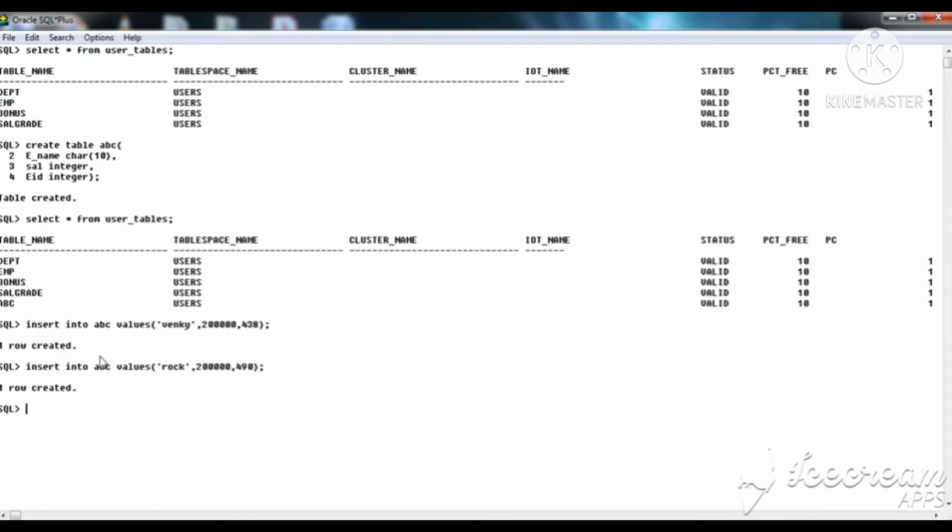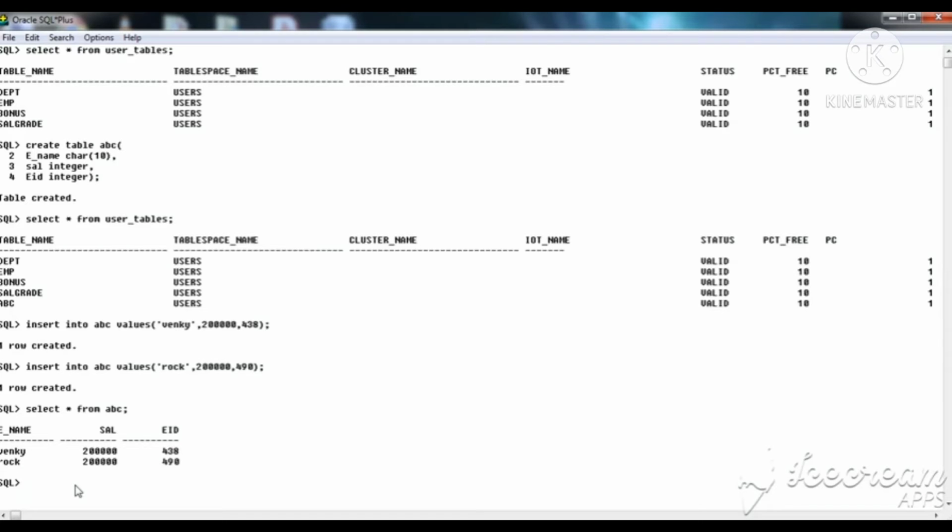Close. Now one more row is created. So I am checking whether the rows are inserted in the table or not. The command is select star from table, where table name is ABC, semicolon. Now 2 rows are created, Venki and Rock. These are the names, the salaries and the employee IDs.